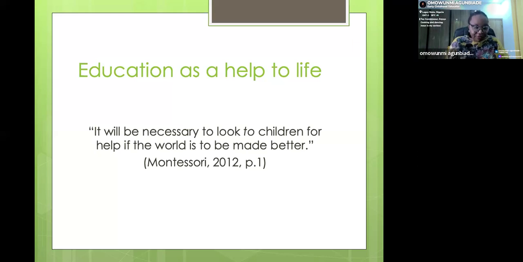The greatness of the human personality begins at the hour of birth. The moment that human being comes to life, the greatness of that human personality starts from then. So education must start from birth. That's what Montessori says. It must start from birth. In fact, the truth is, it starts from the womb.